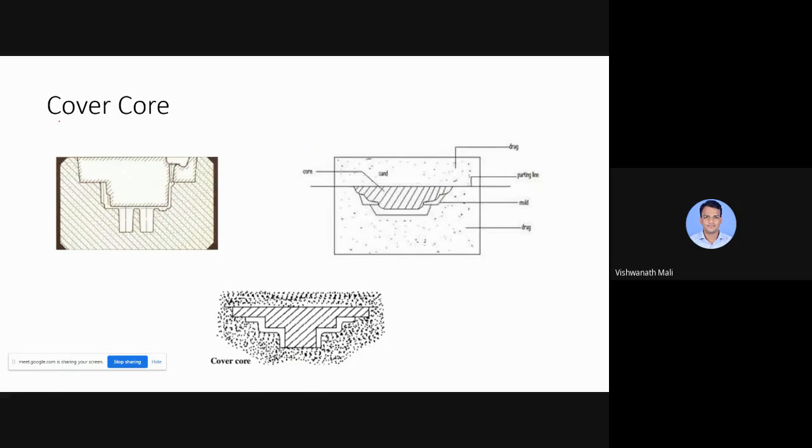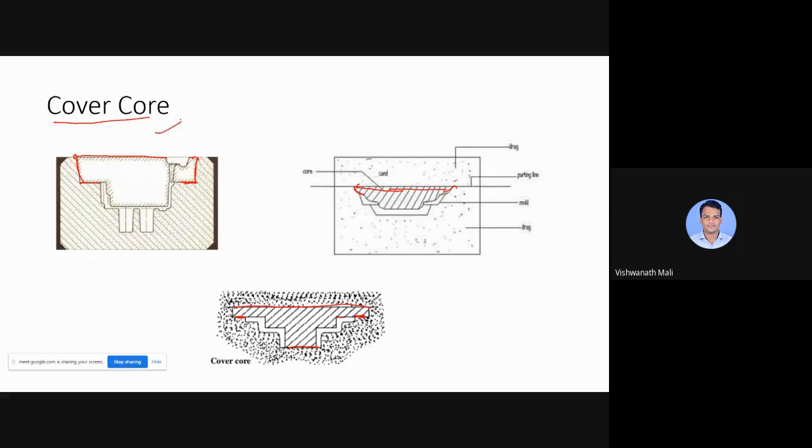Now the cover core. So what is cover core? Now, first of all, this cover core is supported somewhere in the mold. Here you can see it is supported. It is supporting here. Also here you can see the supports. Plus it is covering from the front side. Suppose this is the front view of all this. So plus it is covering all the part of mold. So here you can see it is covering all the part of mold. So this is called cover core.